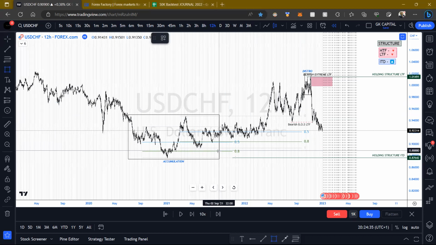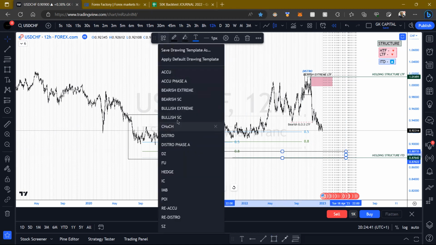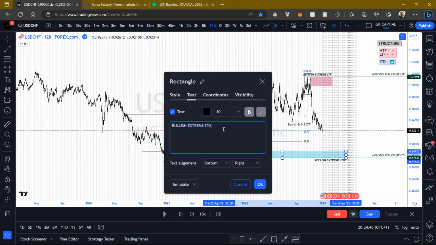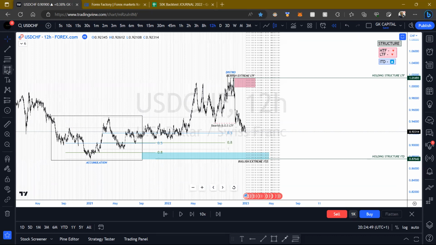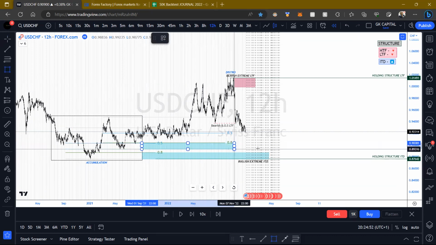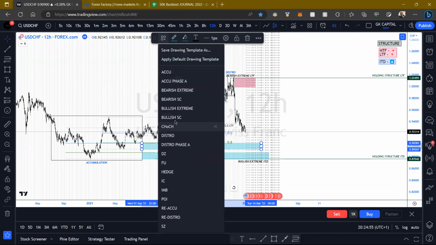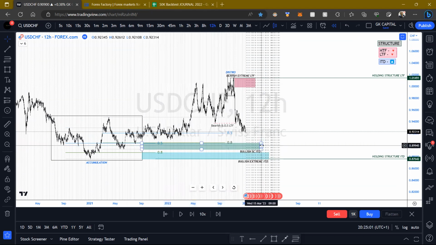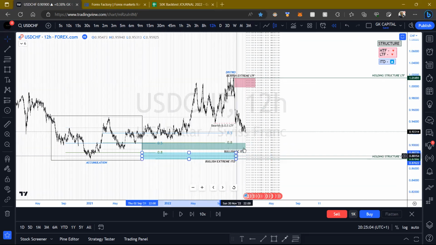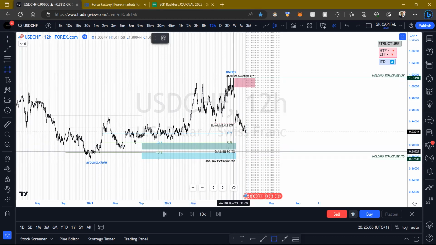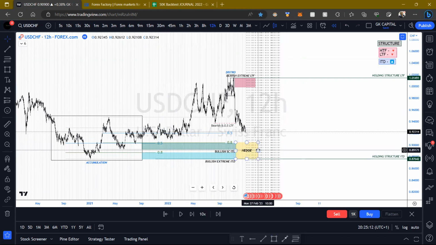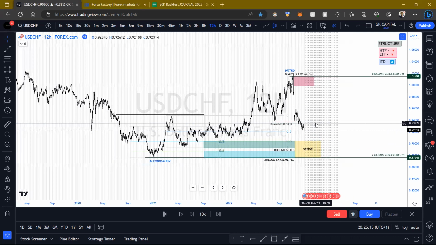I'm just going to highlight the area. From the 80 down here, that's my bullish extreme into there. And I'll do that 50 to here, that's like my slingshot, to there. I'm going to summarize those with my hedge box because that is counter trend, right? Hedge, cool. So far so good.